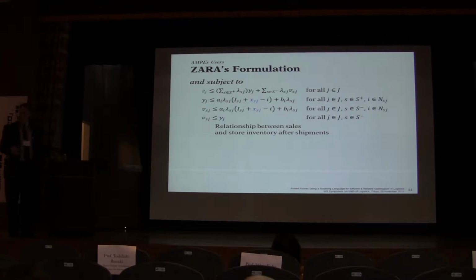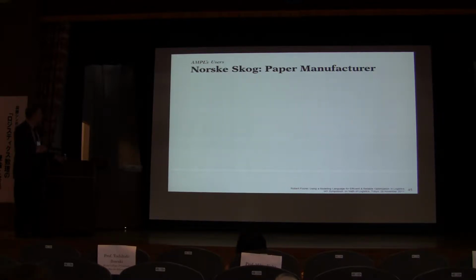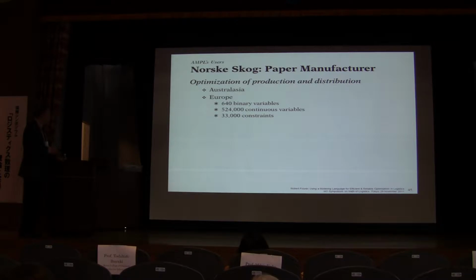So, let's see, I have just about enough time left to show the other example, which is a production distribution model. And that was developed by Norske Skog, which is a Norwegian paper manufacturer, which over time came to own paper plants throughout the world. And so they started out with a group in Australia and New Zealand who built a model for production and distribution of paper. And when that was successful, they later built a model that covered Europe, and this is a fairly